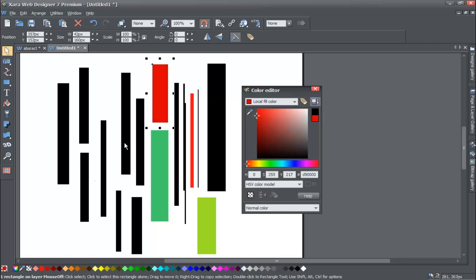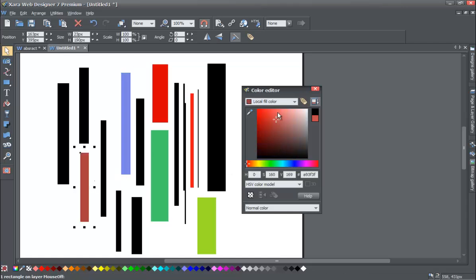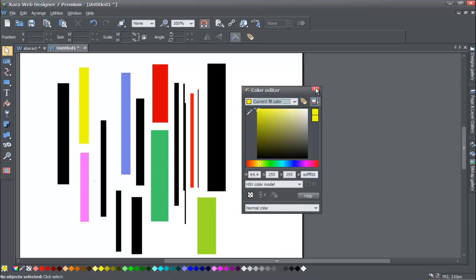So as you're changing those, I'm going to change mine as well. I'm just going to get a variety of colors in here. Alright, we can make that whatever color. A few more color changes. How about let's get some yellow in there. Alright. Okay, now that we got a few of those changed,